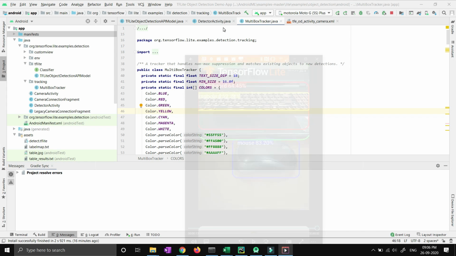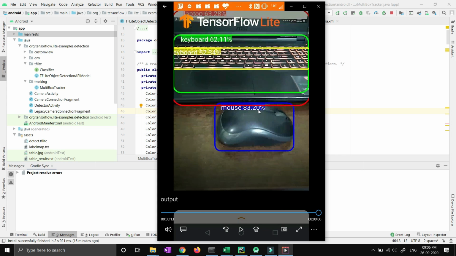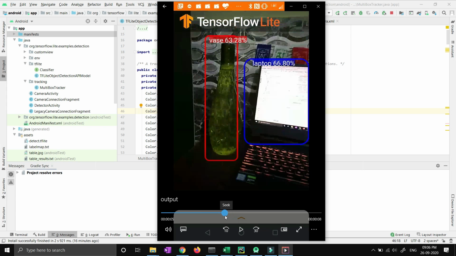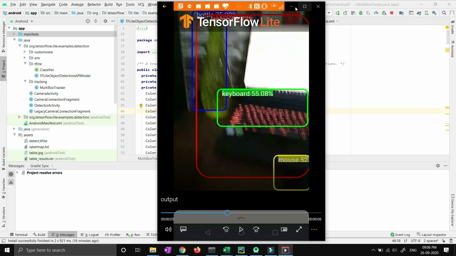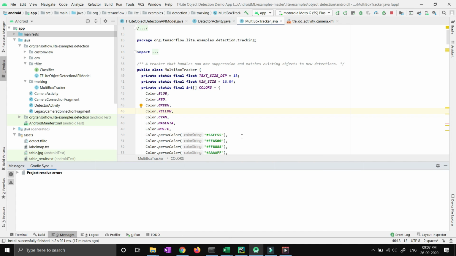Now one more important thing I want to tell you. You can see over here that this is the output of this particular code, and it is drawing rectangular boxes around the objects. So you can see keyboard. It is telling me that this particular portion in the screen is keyboard, and this is mouse, and maybe this is bottle, and this is vessel, and something like this, right? So wherever we draw some kind of bounding boxes or rectangular boxes around the object, we call it object detection. And there can be multiple objects inside a screen, right? At one particular moment, at one particular frame, right?